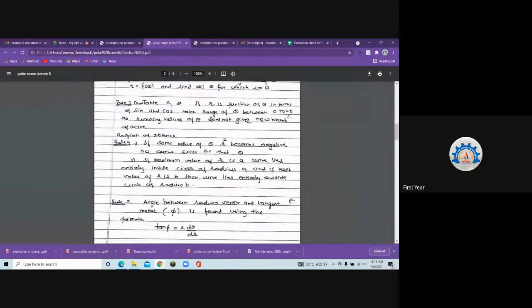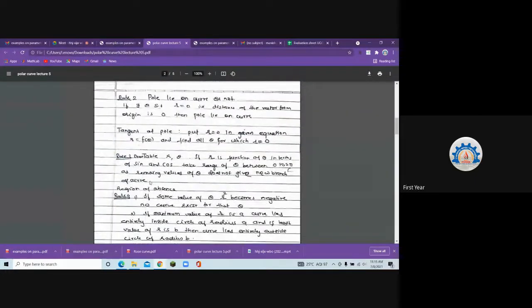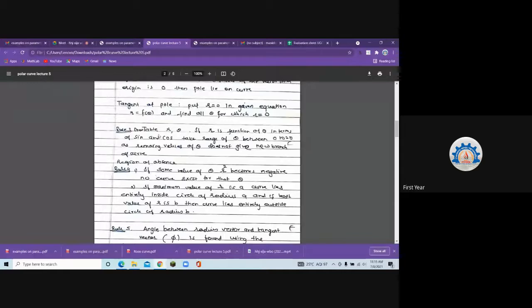Yes, ma'am. Okay. Then after that, we have to draw the table for r and theta. So for various values of theta, we are going to find the value of r and then we are going to plot it on that particular angle theta. So theta is equal to pi by 6 के लिए क्या length आ रही है? We are going to draw that much length and that point. Theta pi by 2 and r is 1. Theta pi by 4 and r is a by 2. ऐसे करके. Okay? So that table we have to draw.